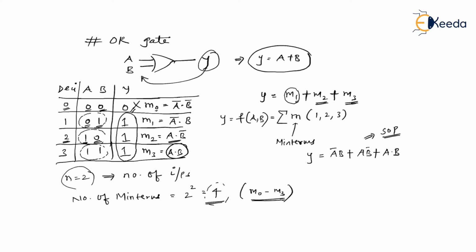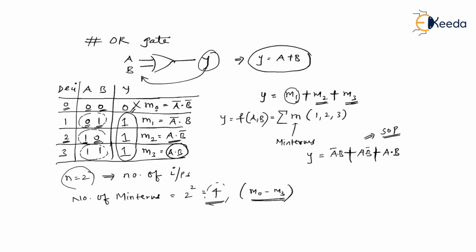This is nothing but SOP form. SOP stands for what? Sum of products. Can't you see these are products, and these are what? Sum. So these are sum of what? Products. And therefore, I said in the very first explanation that min terms give you SOP form. As you can see, they are giving you SOP form.